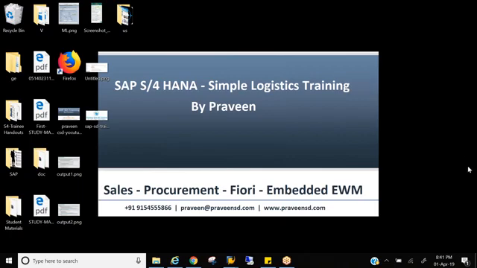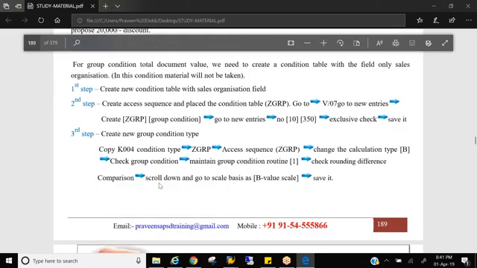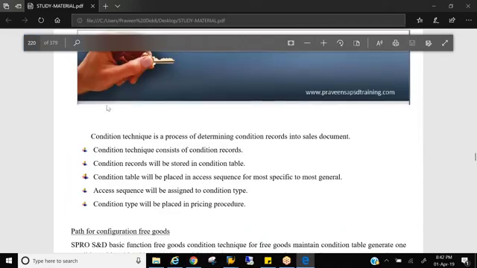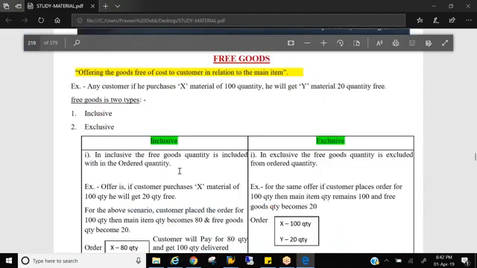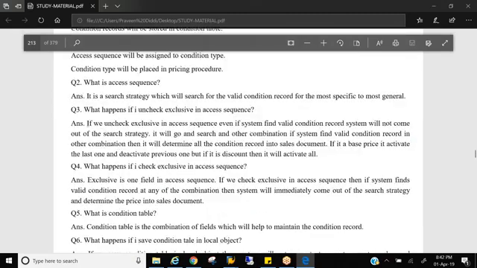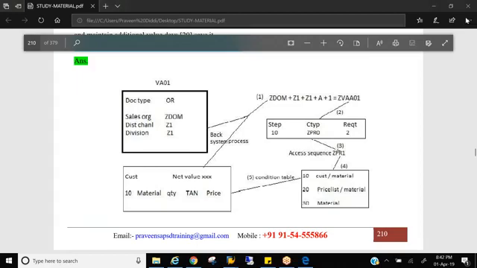So how does the system determine price into the sales document? Let me show you. The system follows this method. It will not follow what you configured. So first we create an order.